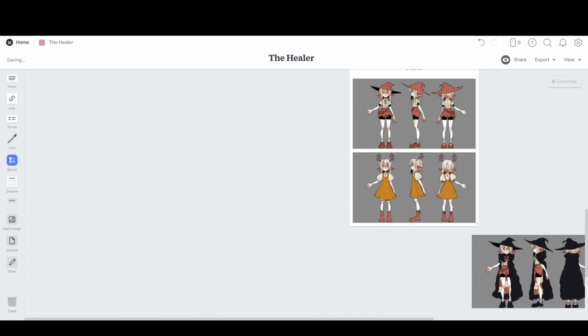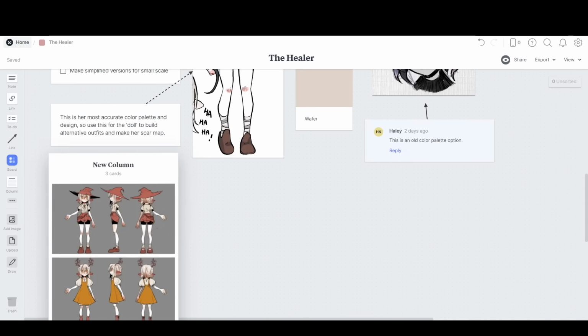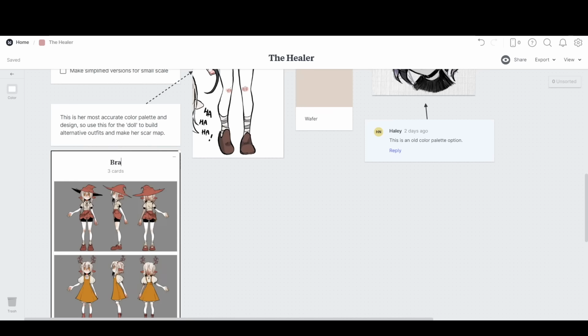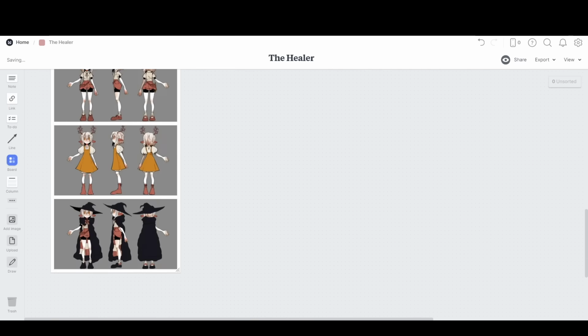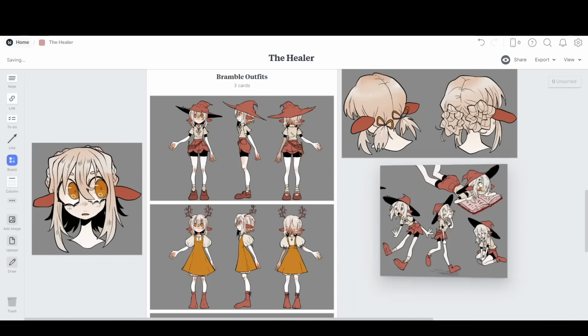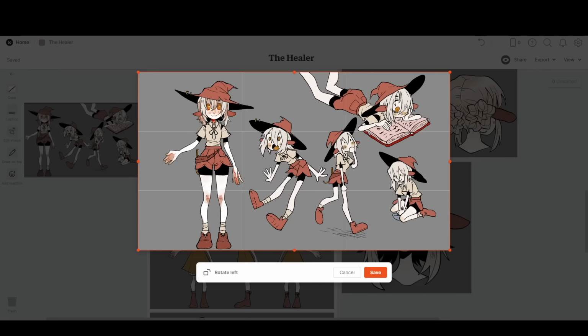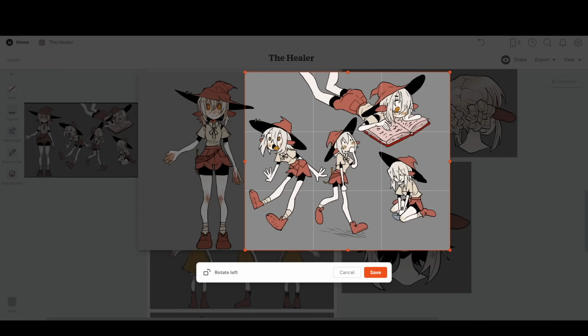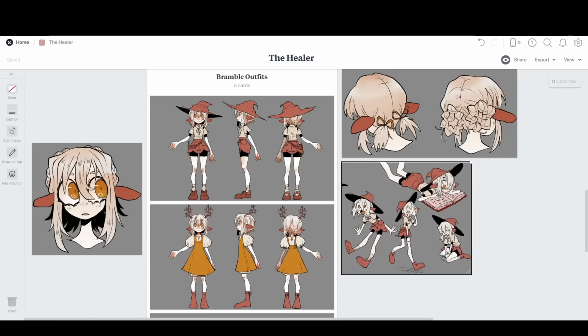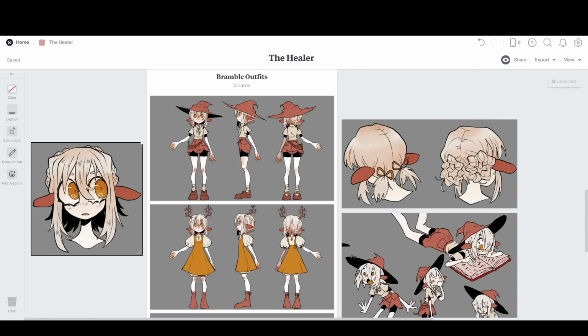With things like scars on your character, it's actually really easy for them to move around on your character and for you to misremember where you put them or their exact shape and dimension. So this is something I'm going to make sure to do on any of my characters who have scars or really specific beauty marks. And I'm also going to put my other little references that I've built in this video alongside. I think they look so cute sort of displayed like this, and I really like being able to see